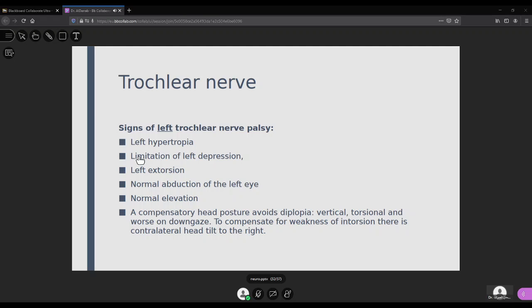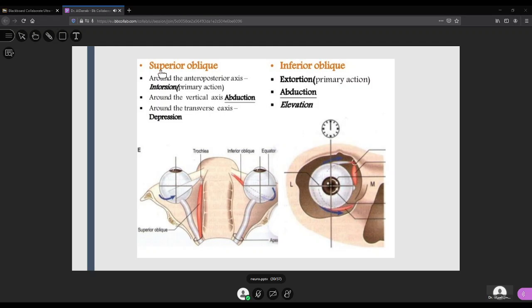And we said إذا كان عندي left trochlear nerve palsy, we will have left hypertropia. Hypertropia which means hypertropia ترى يعني be careful here. هذا مقصود فيها مو hyperopia، مو مقصود فيها بعد النظر، مقصود فيها hypertropia. It means the globe will be up. ليش؟ لأن عندي المصل superior oblique one of its actions is what? Depression. صح؟ فإذا راح عندي هذا الأكشن